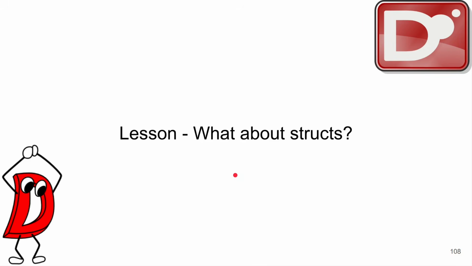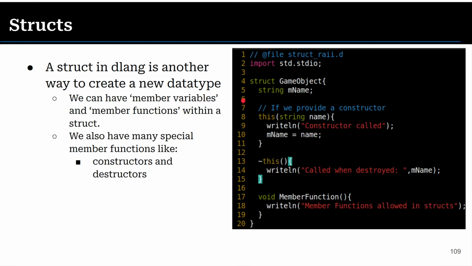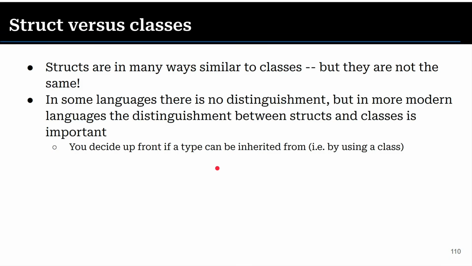Okay, so anyways, what about structs? We have these in D. They use RAII, which we have used, so you have constructors and destructors. The constructors themselves just have this keyword. In other languages, you have to match the name of the type here. I actually really like this. And then destructors have the little tilde mark, and that's what will be called automatically when this object is destroyed. Structs are deterministic if they're on the stack, so that when they leave scope, this destructor will be called.